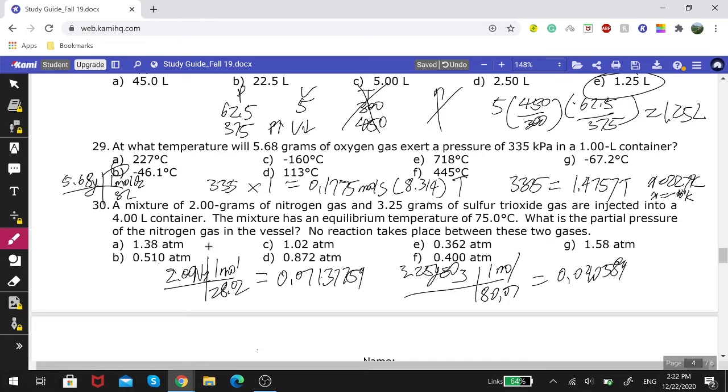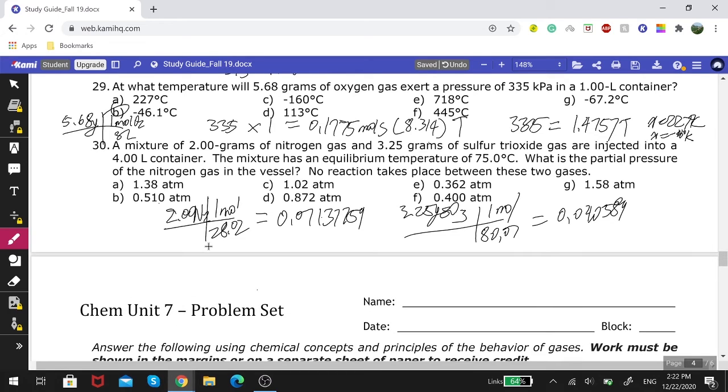So now I'm going to have to add the two together. We're looking for atmospheres, so we're going to use the PV equals nRT formula. And pressure we do not know. We're going to use volume, which is 4 liters. 4 times P is equal to the number of moles, which is these two added together, right? 0.07137759 plus 0.040589, which gives us